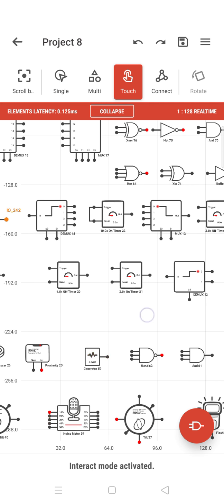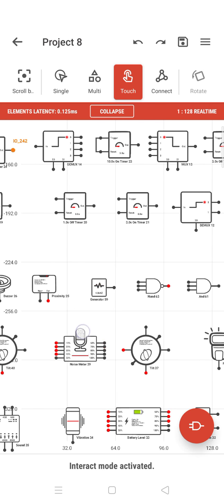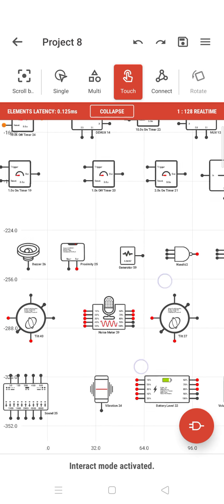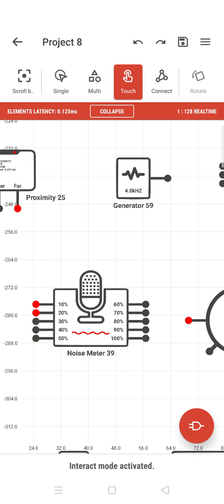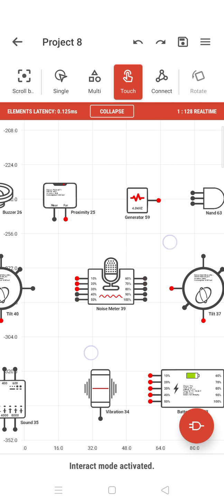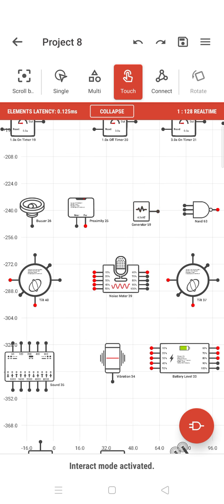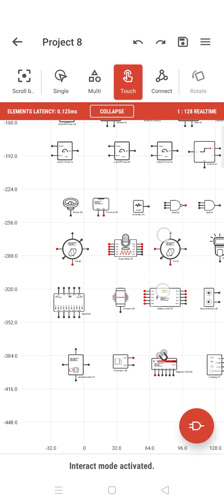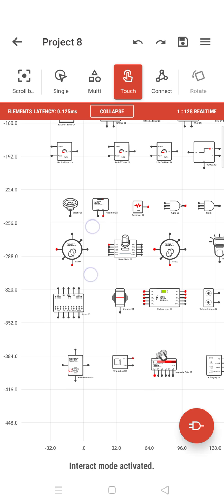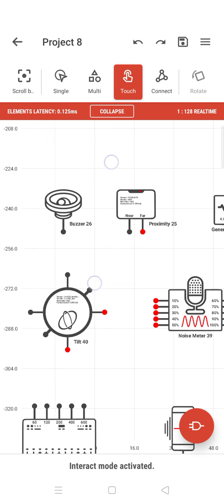This is the one called a speaker. For a speaker you have to give an input for volume control. If you connect 10% volume here, then you can go up to 100% volume. Like the side button of a computer, you see the volume control. That kind of thing for speakers basically. So you can connect a speaker also.